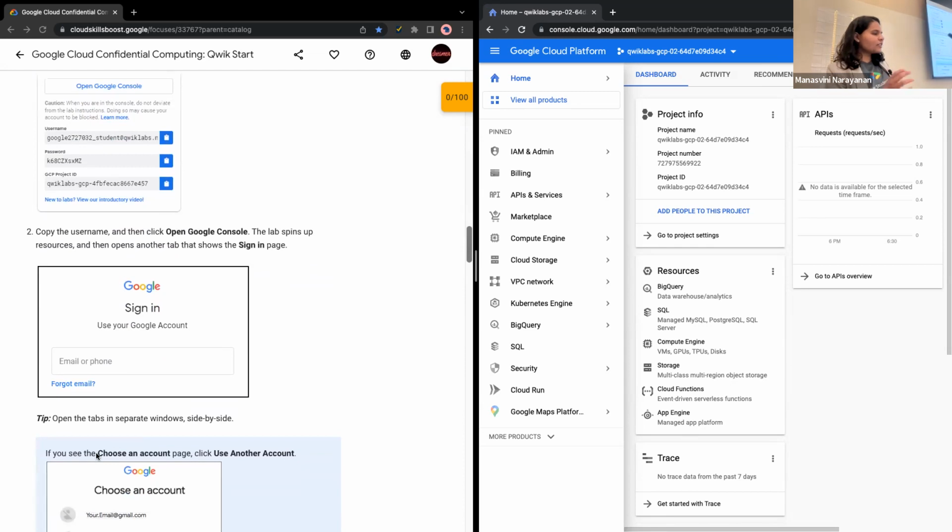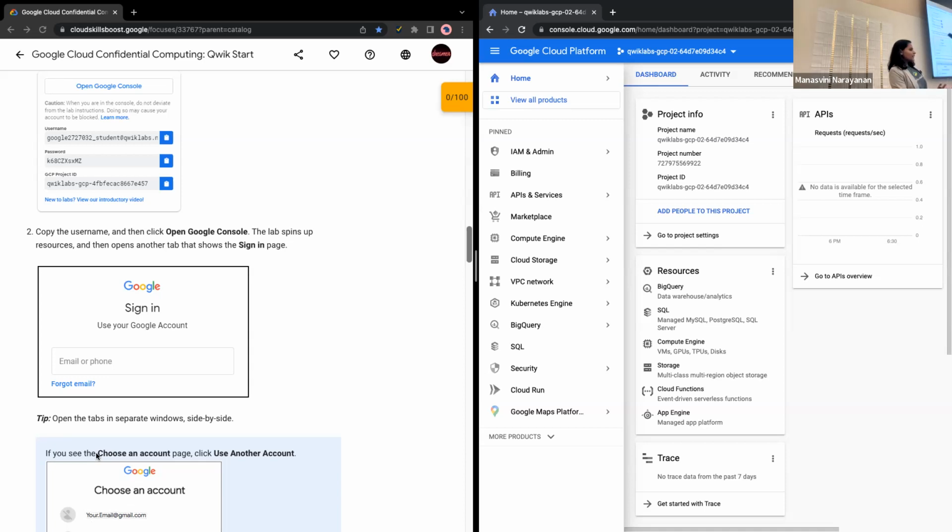So I'll just give you an insight into what we're actually going to do in this lab. We're going to be making a virtual machine instance which is going to be confidential, and one that's going to be non-confidential. And we're going to run it in an SSH or a terminal and see what response a confidential VM is going to give and a non-confidential VM is going to give.